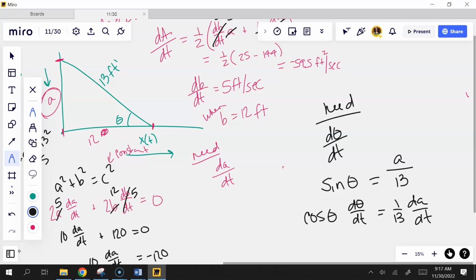The cosine. Now I'm going to use what I know. The sine is 5 over 13 at this particular moment, and only at this moment. So I can do the inverse sine of 5 over 13 and find out what theta is. Probably need to be in degrees for this, I'm going to guess. No, we can do radians. The answers that they gave us are in radians, so we can do radians, that's fine. So what is,